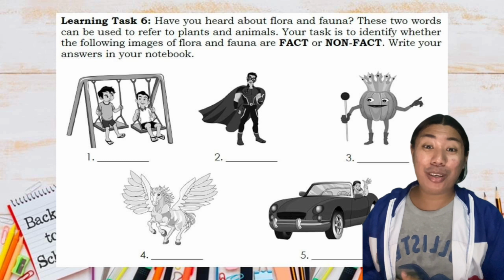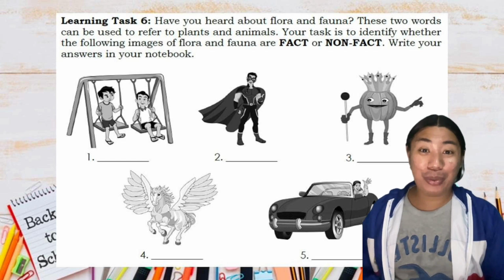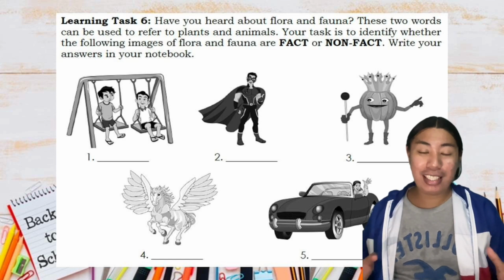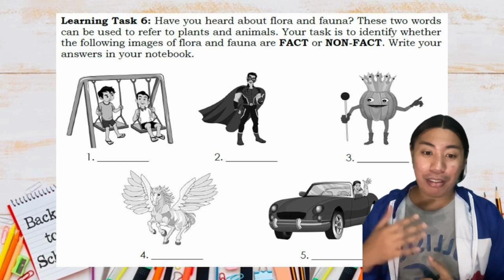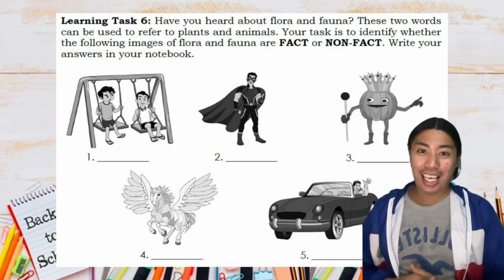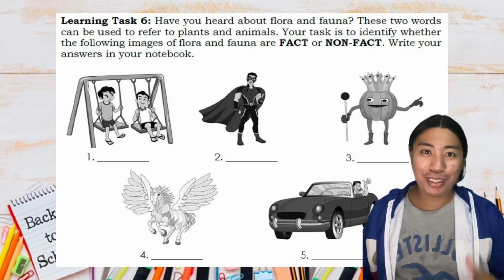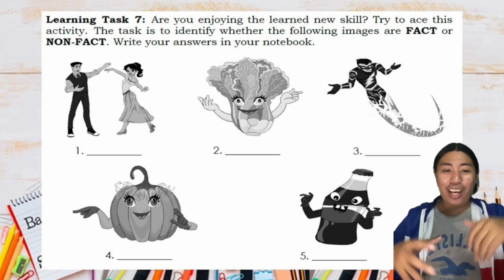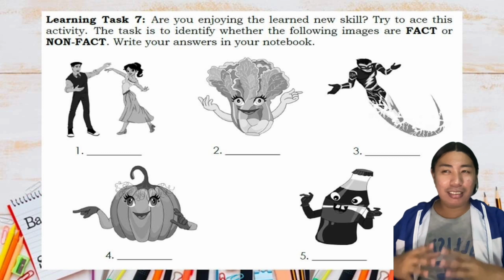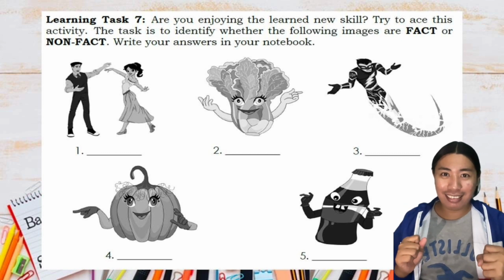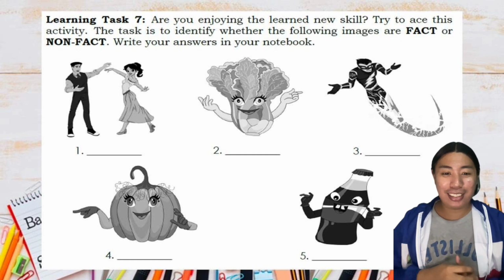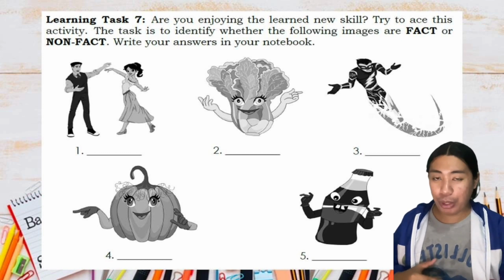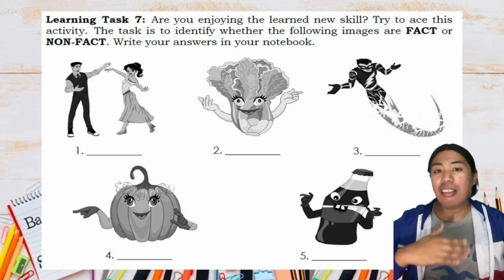So for learning task number 6, this would be between facts or non-facts. So observe and understand the pictures and then identify kung ito ay fact or non-fact. Okay, so I'll leave it all to you. Good luck. Same with learning task number 7. It's all about facts or non-fact. Just keep on doing that. I know you can. Okay, so fact for real images happen in real life, and non-fact if it doesn't happen